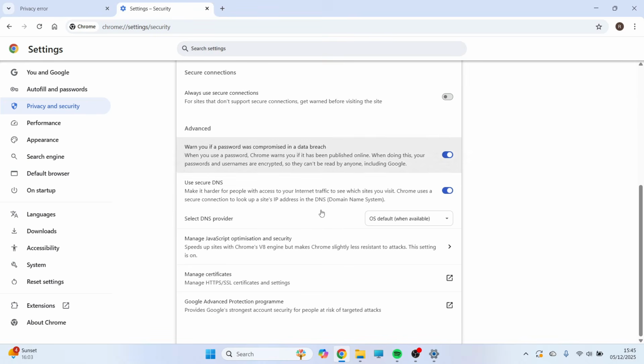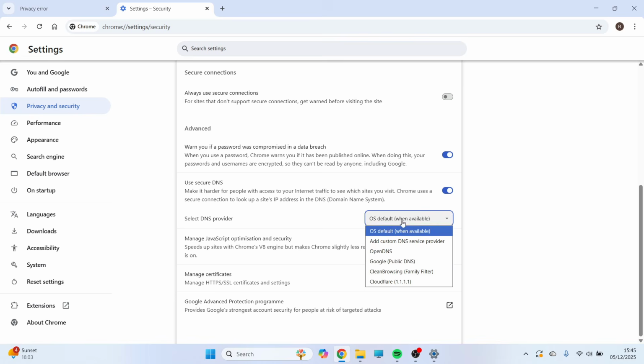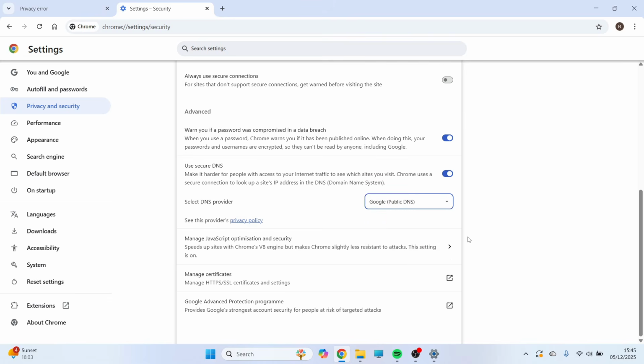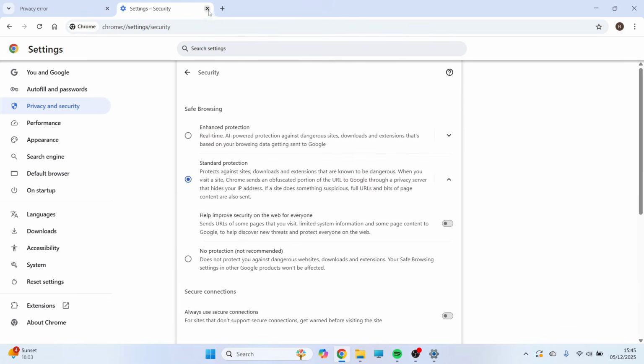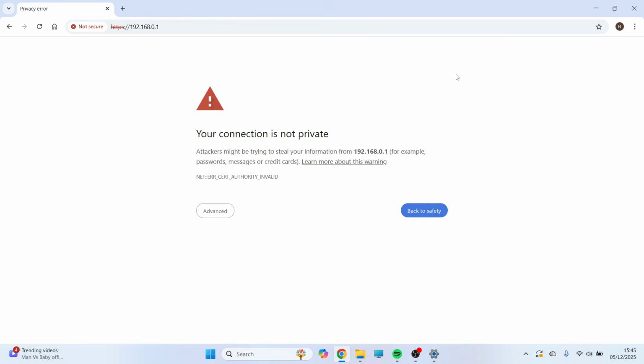You'll then need to scroll down to Use Secure DNS and make sure this is turned on. Click on the drop down arrow next to DNS Provider and click on Google Public DNS. Now, once you've done this, you can close out of this window, and you'll just need to restart your Chrome browser. You could then try refreshing the page of your website and check to see if